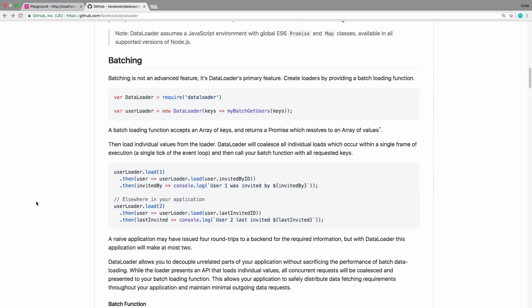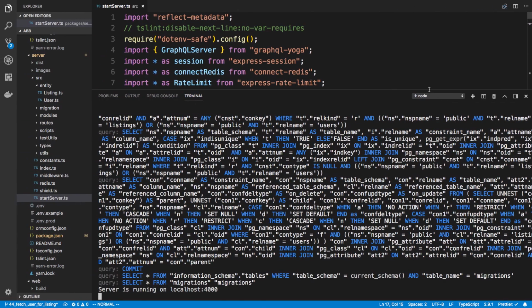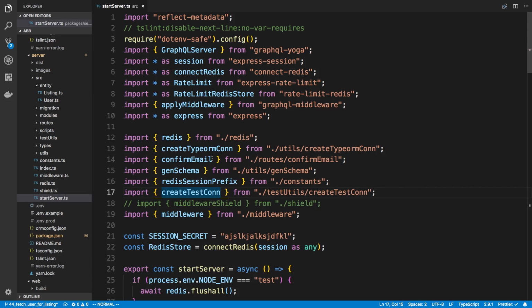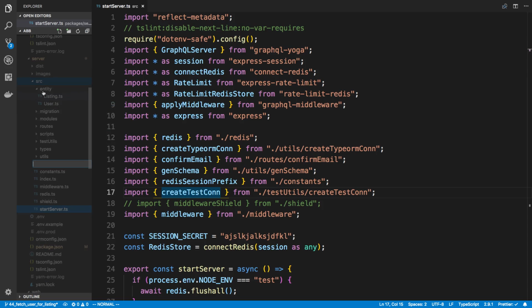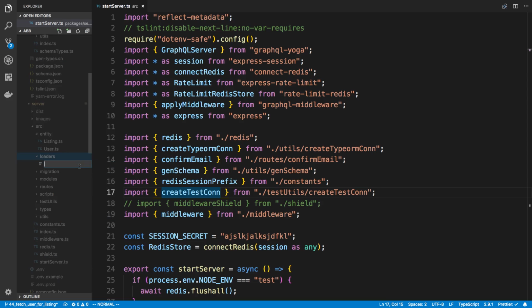So we're going to look into how to actually implement this now with DataLoader, but that's the gist of what's going on there. So we're going to install this guy, and if we come over here to our console, come over to server, you can do yarn add dataloader, and it already comes with TypeScript definitions, so you don't have to do anything else. I already ran that, I have it installed, and I'm going to create a new folder inside of source in the server. I'm going to call it loaders, and I'm going to create a loader called userLoader,